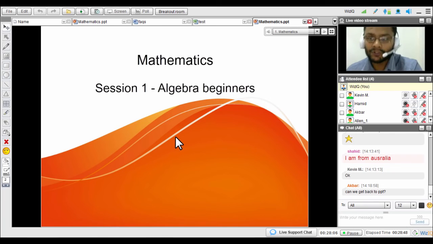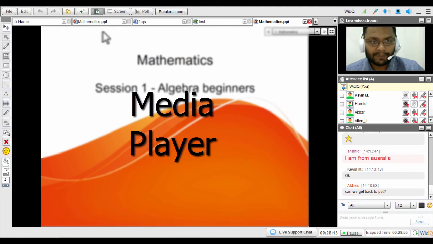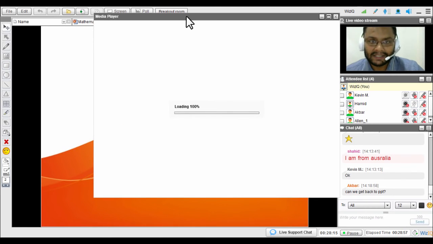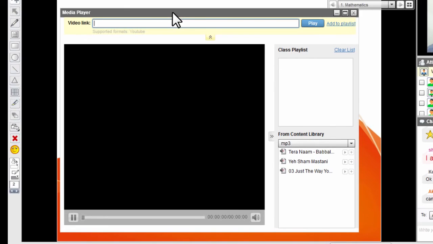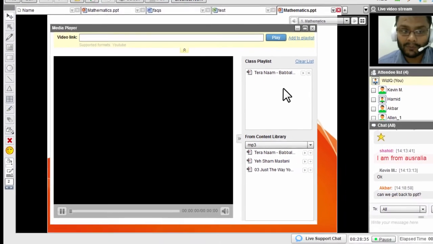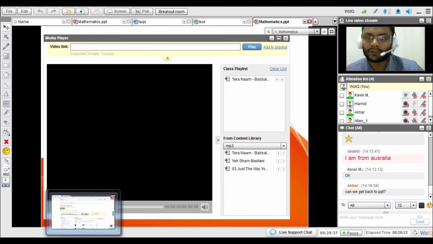Now, how do you share an audio video content into the virtual classroom? Now we do have a feature called Media Player. Once you click on the Media Player, you will see this window popping out. Now once this media player is open, you have the option to access all the audio video files which are already there in your content library. You can simply click on the file or click on the plus button and it will be added into the class playlist. And if you wish, you have the other option to be able to share the audio video content